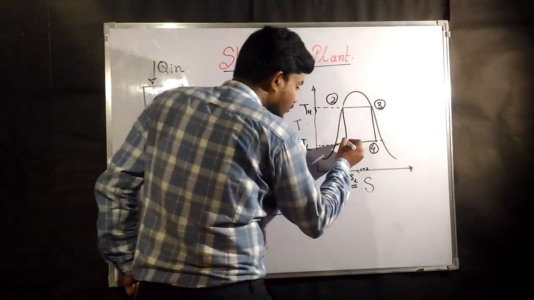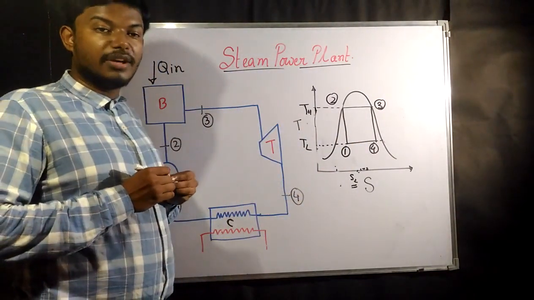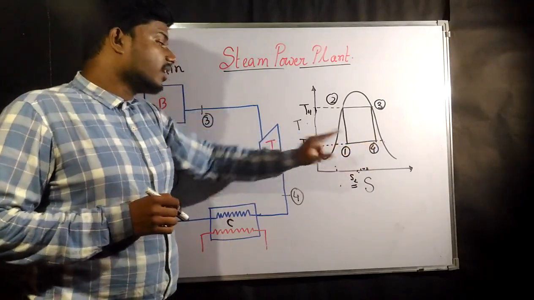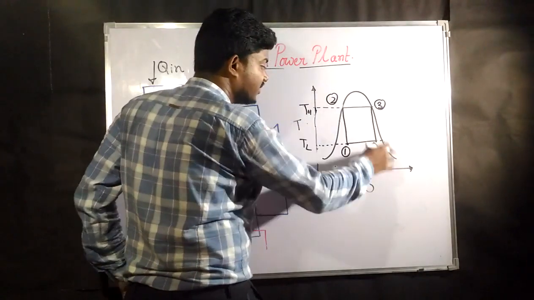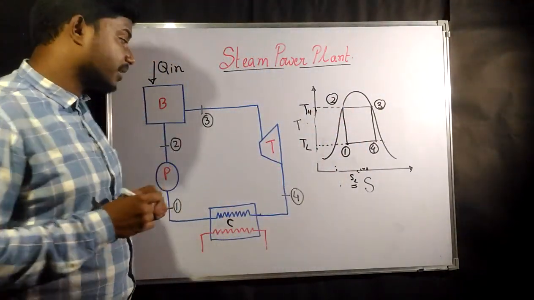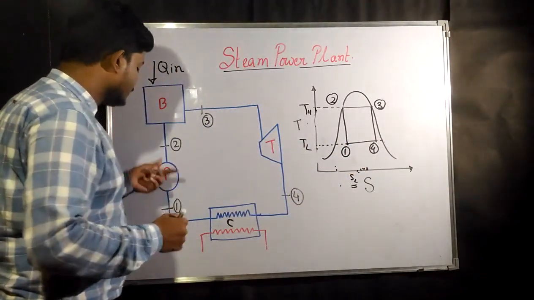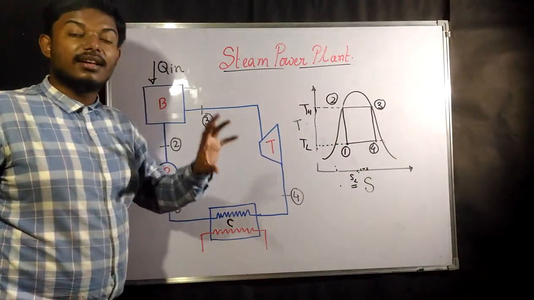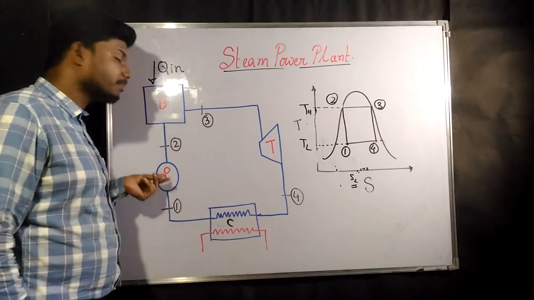Okay, now let us suppose this is 1. Or this is 0.1. This is 0.1 means what? While coming from 4 to 1 at 0.1. Okay, if you remember, we have said that inside the vapor dome there is always going to be liquid plus vapor. Okay, that means what? In Carnot cycle, the pump sucks in the liquid plus vapor. Okay, that means steam plus water it is going to pump.